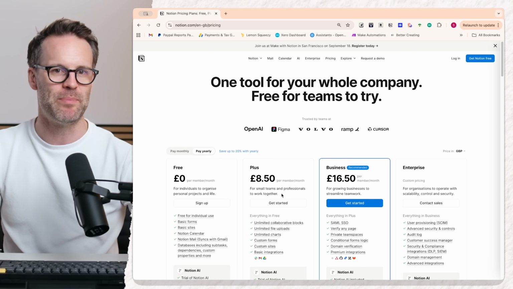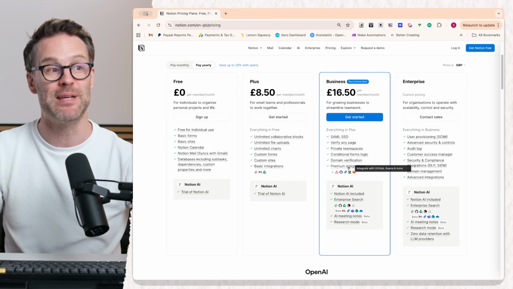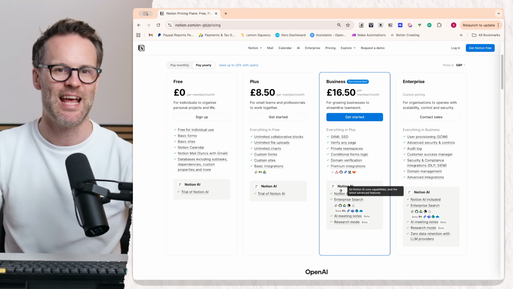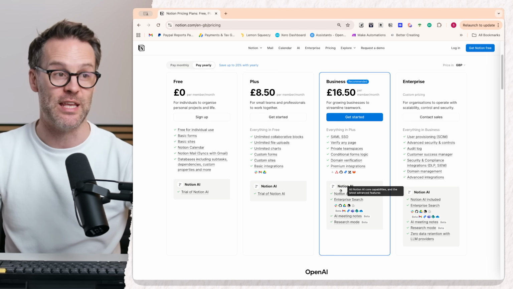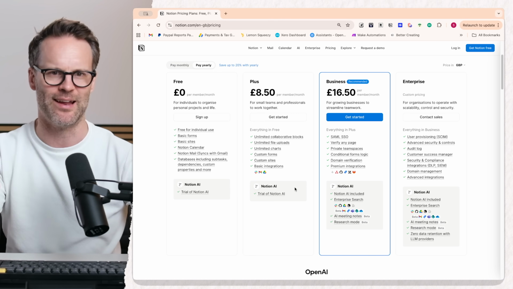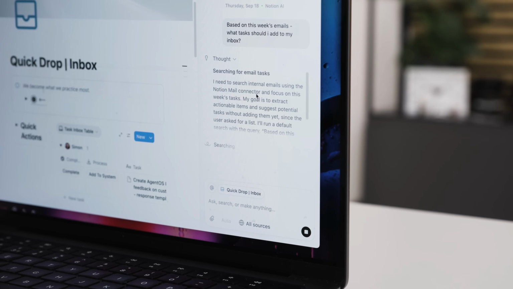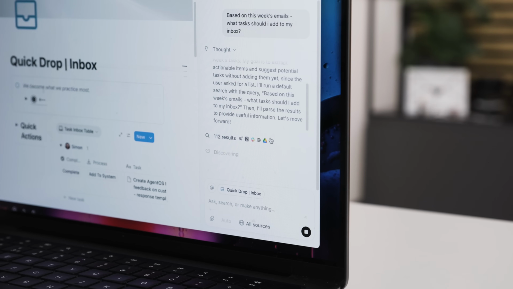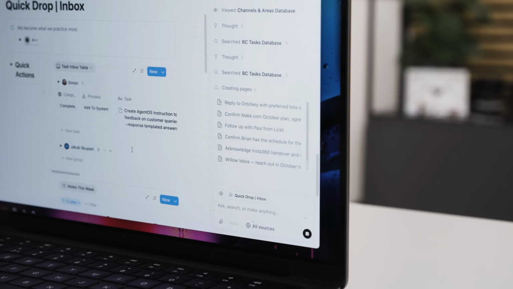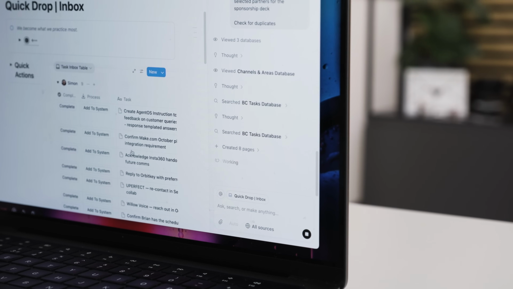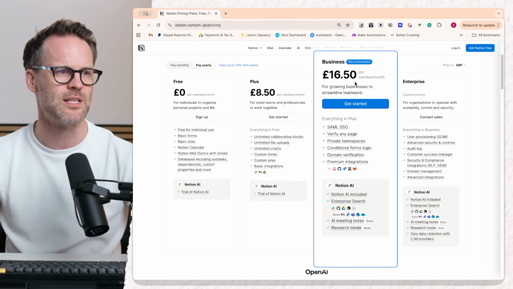So of course, there is a caveat about money here. You do need to be on a Notion paid business plan in order to access all of these key features of the agent. But here's the thing. Now that Claude Sonnet and ChatGPT-5 are built in with this system, this is the perfect moment to consider moving. I'm actually going to be cancelling my Claude and GPT subscriptions and moving to just this business plan